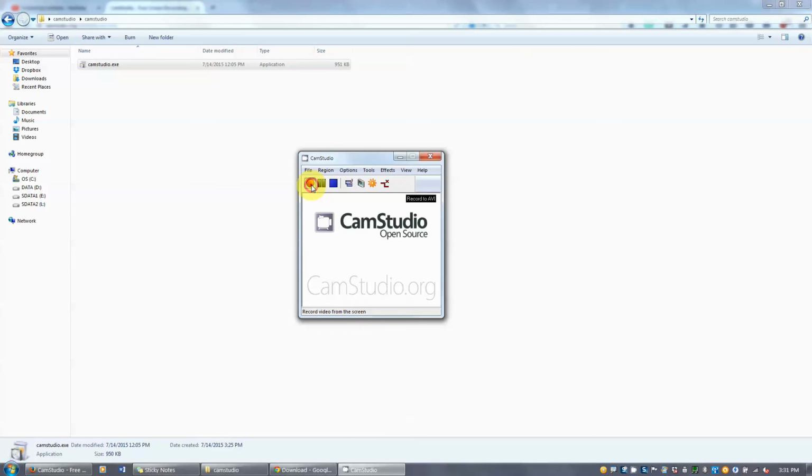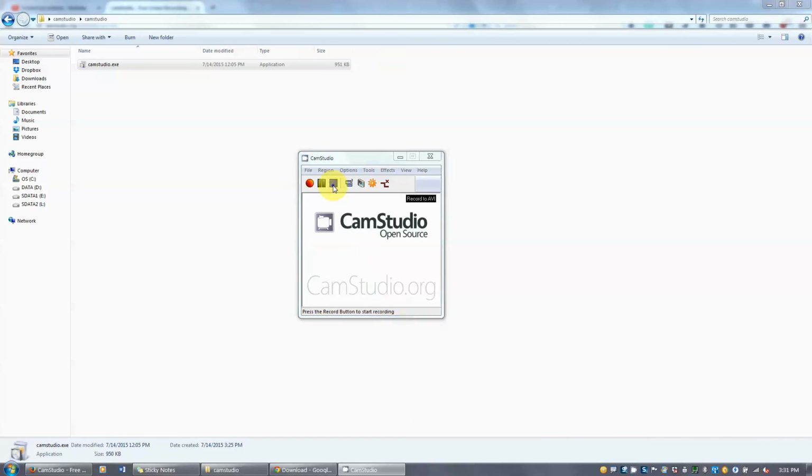Let's hit the button, and all the screen text pops up, and that means we are actually recording our screen. And like I said, if we press the pause button right here, it didn't stop it, it just paused it. It did not end the video. When we are ready to continue, we just hit this red circle again. And then when we are done with the video, we hit this blue